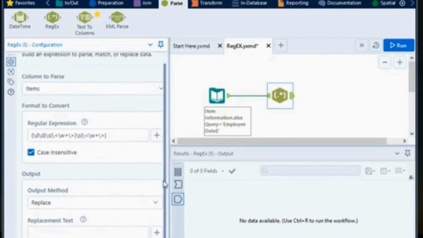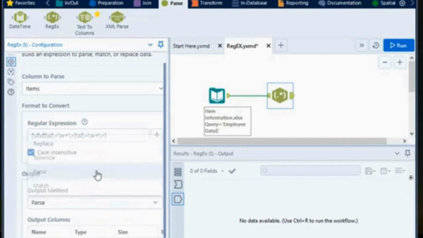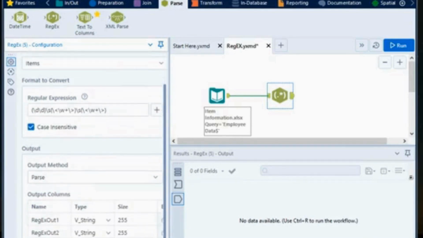So now go to the output method. In the output method it will show you what you want to do. I want to parse it, right? Now in the output columns it will give you some options to change the names. First I want it to be, say, ID, second I want it to be color, and third I want it to be city,